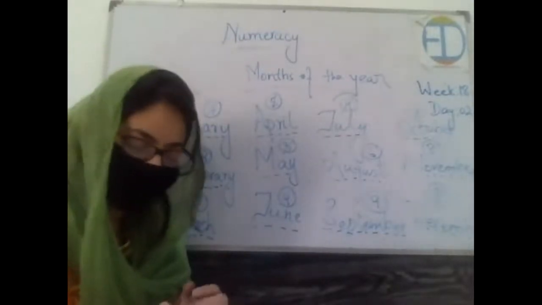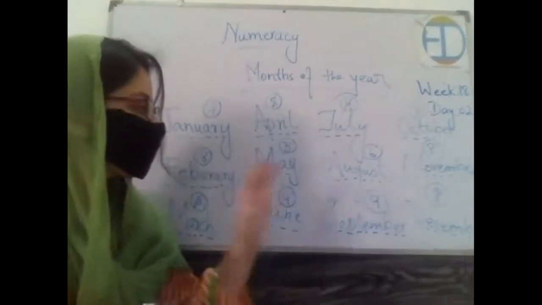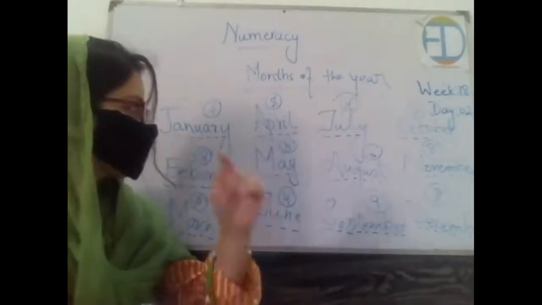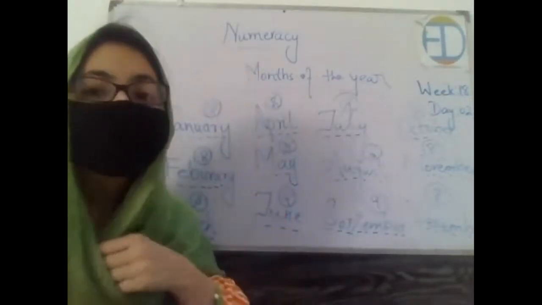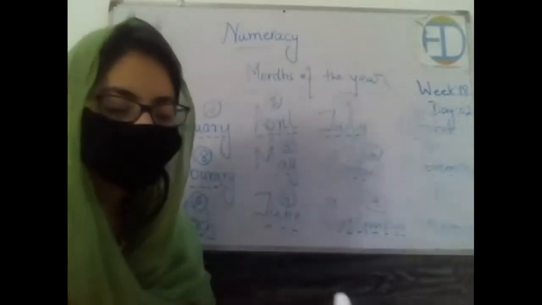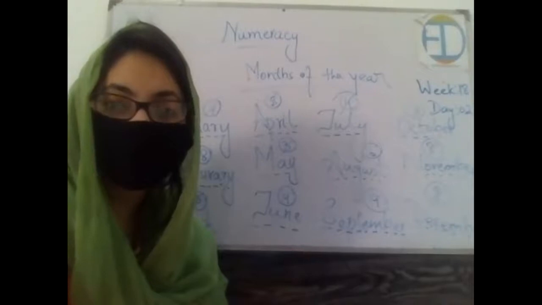And the last one is write the name of the month which has 9 letters. And on the board as well, we are left only with one name, that is September. So this means that September is the only month which has 9 letters in it. So write down September in front of this. All of you are done? Is this interesting? Okay, good.